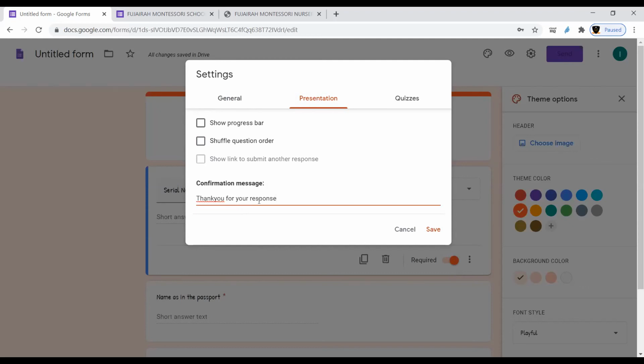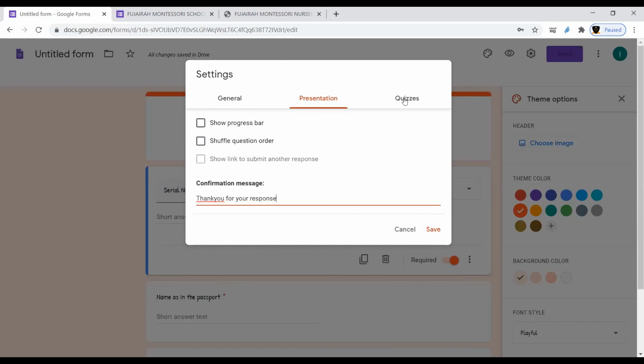This is the comment you can give as a confirmation. Once they submit, they will be able to see that message. So it will assure them that their form has been submitted. You have to click on the save option after that.